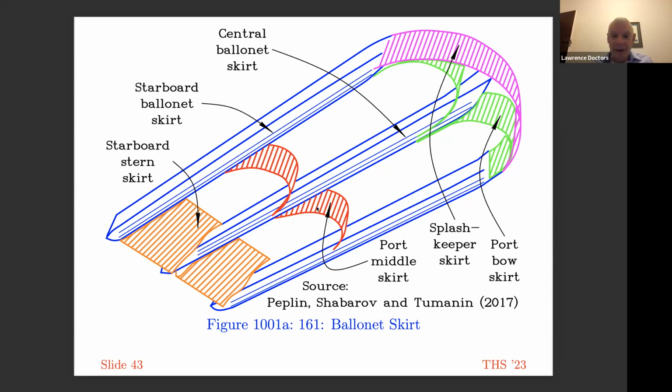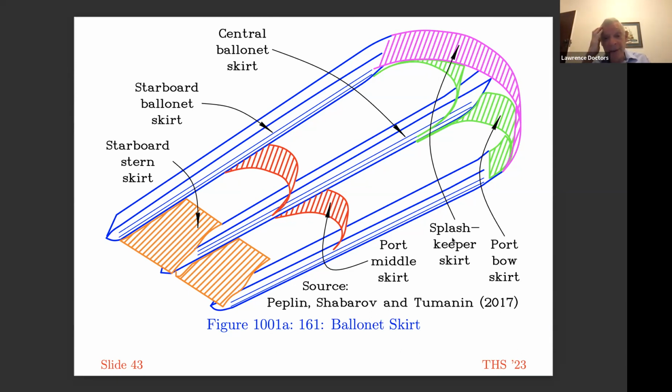They've got these intermediate skirts here, so this would provide some longitudinal stability. This assumes that the cushion pressure is higher behind than ahead of these middle skirts. They've also got additional bow skirts here, and then a surrounding skirt there, which I believe is not a total necessity, but it seems to be fitted to all of these